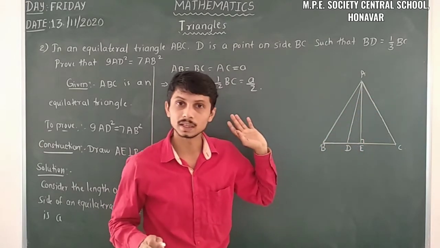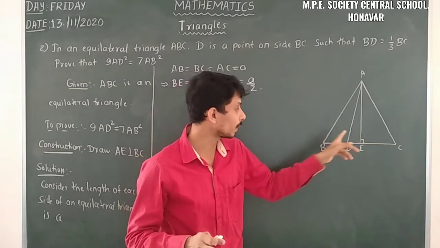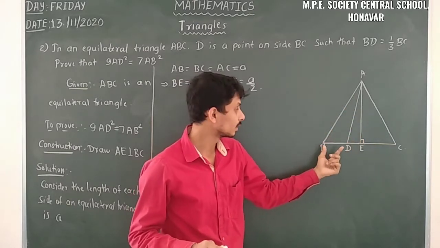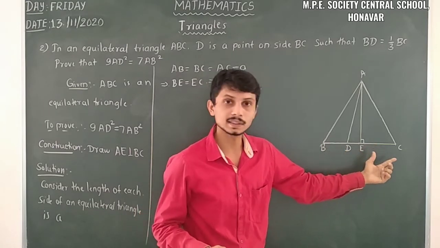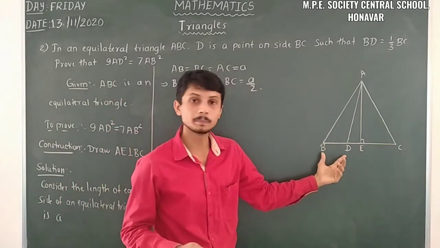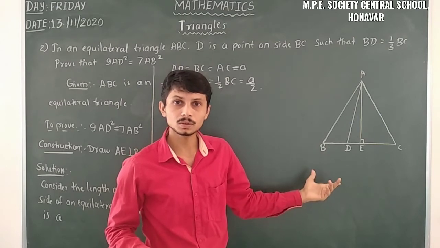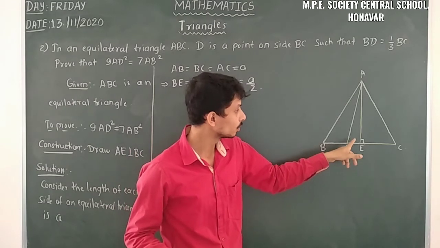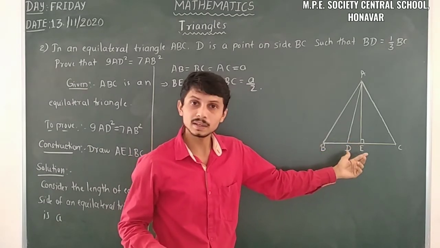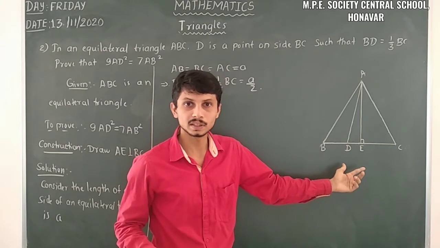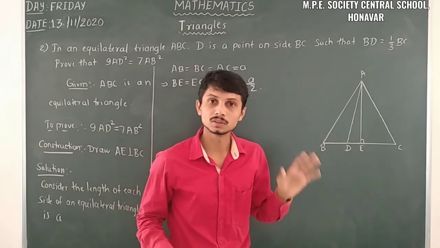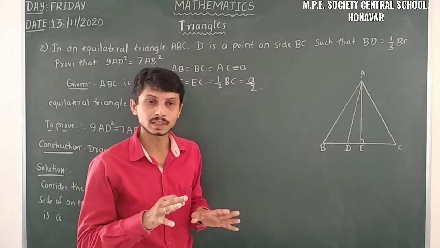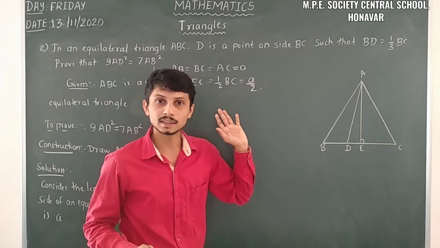Firstly AE. AE we want, so when we apply the Pythagoras theorem to this small right angle triangle, and then here we want BD and EC. EC we already have, and we want BD also. So for that we have to do some calculations, and then also here we need DE. So for that we want BD. So here we have to calculate these things. Yes. So let us take each and everything.